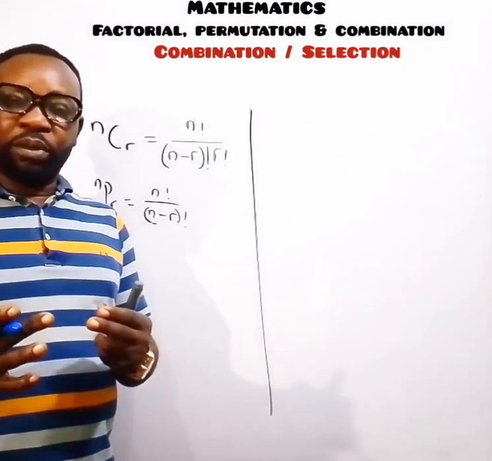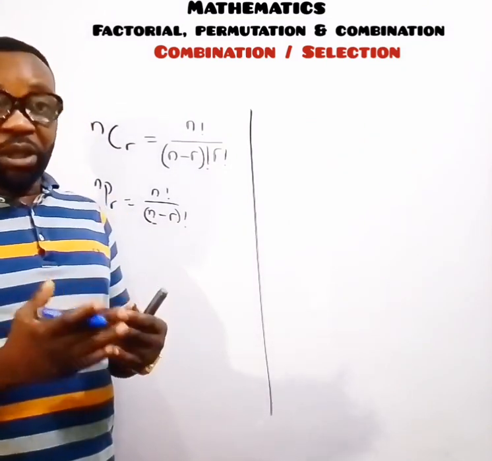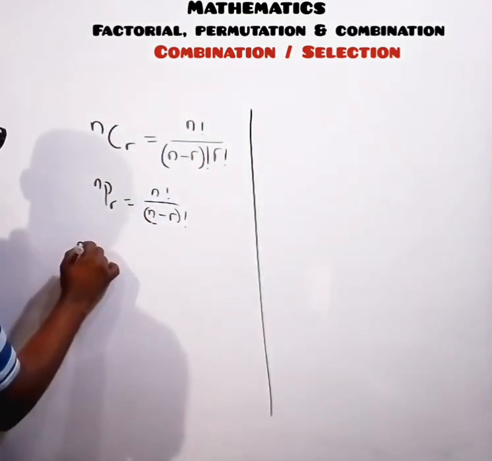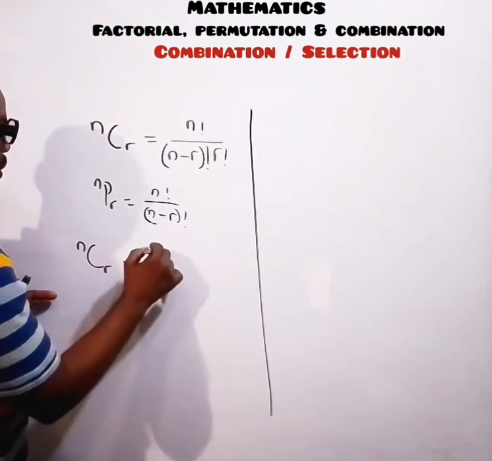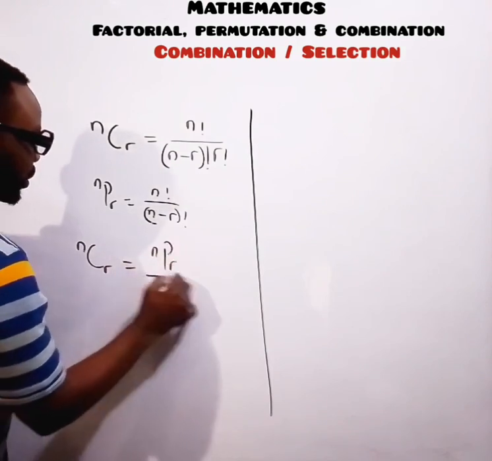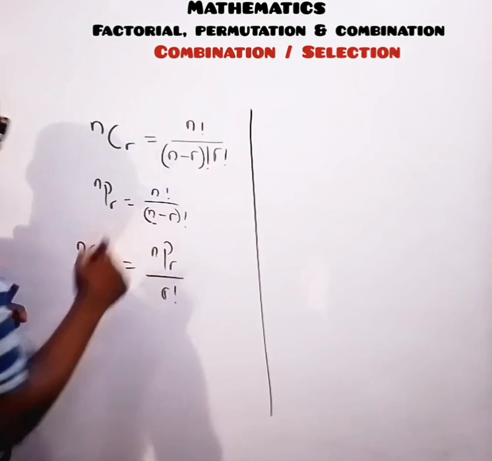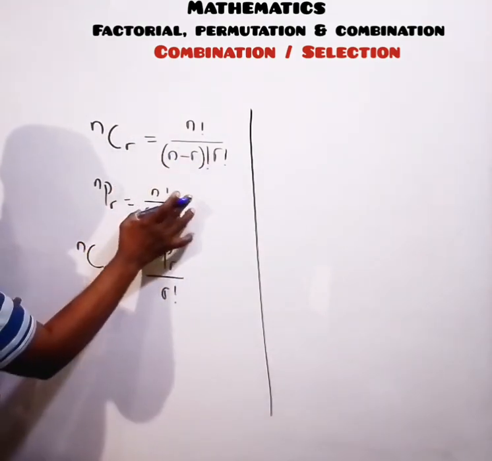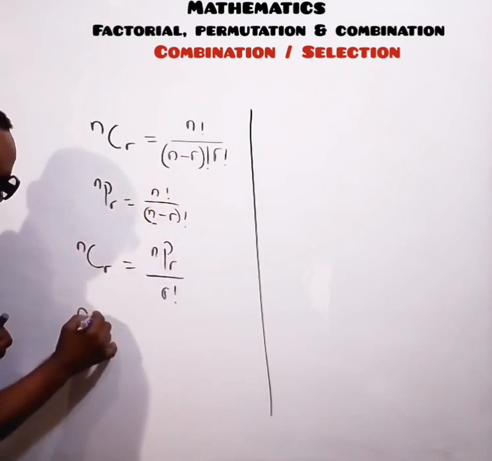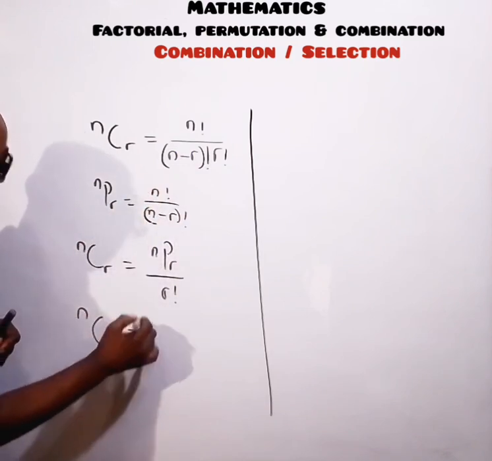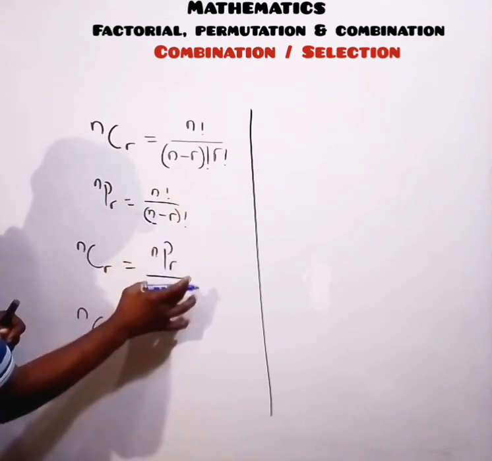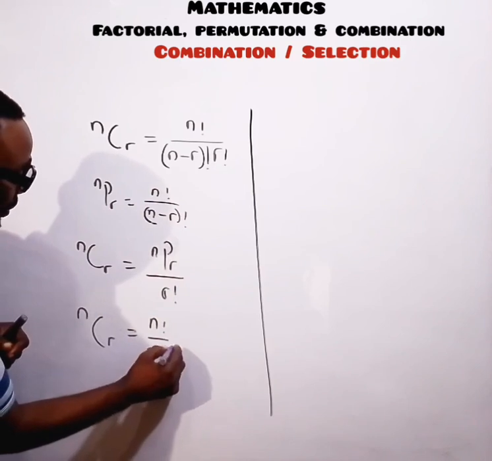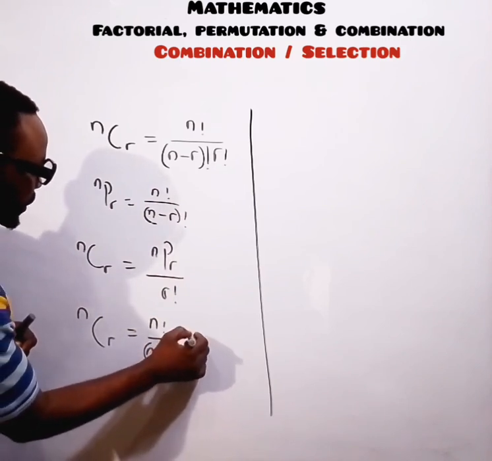Now, the relationship that can happen between combination and permutation is like this. n combination r can be equal to n permutation r over r factorial. How do we mean this? This is what I mean here. Look at n permutation r, where we have, let's say, n combination r is equal to what? n permutation r. What is the value of n permutation r? That's n factorial all over n minus r factorial, divided